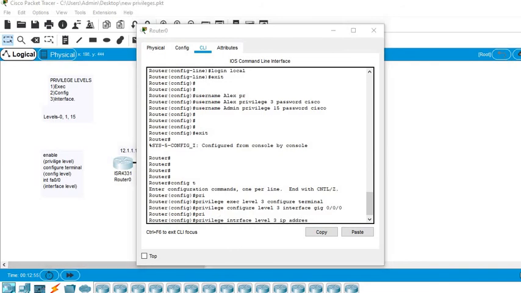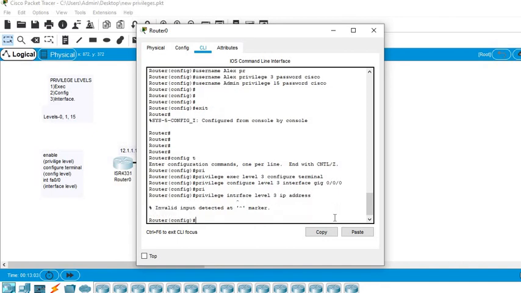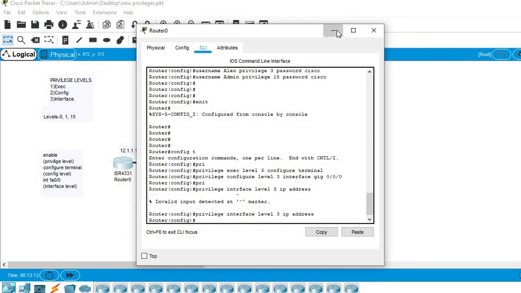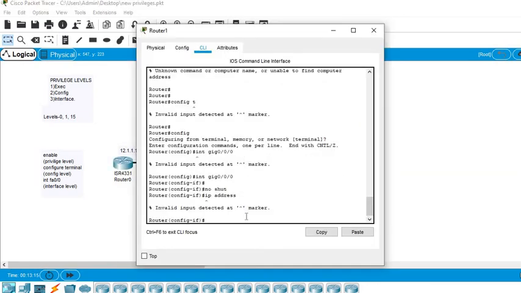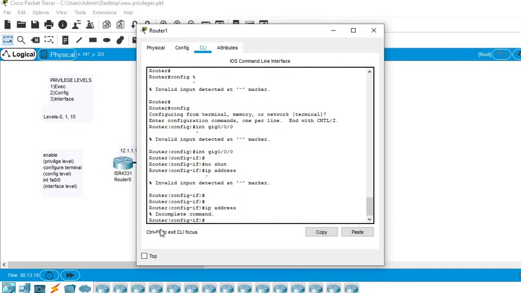I have to allow using the IP address command. Now let me type IP address. You can see it is incomplete, but that is okay.